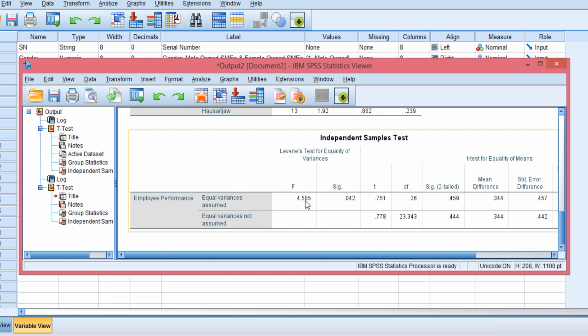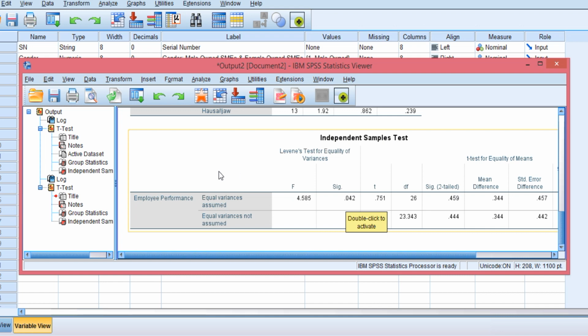Remember, this test enables us to choose either this row here or this particular row here, okay, to interpret our second hypothesis. Now the F value here is 4.585 and the significant value here is 0.042. Now what is the null hypothesis for this Levene's test?